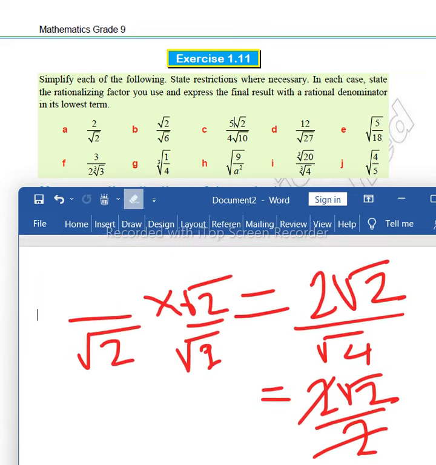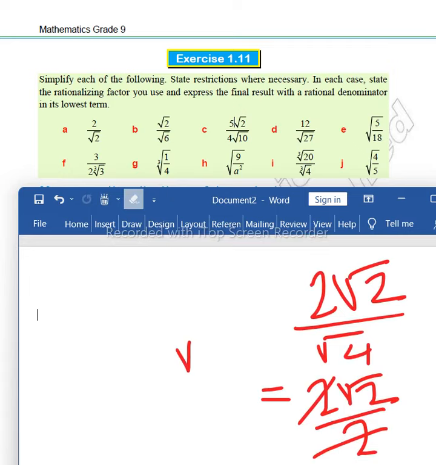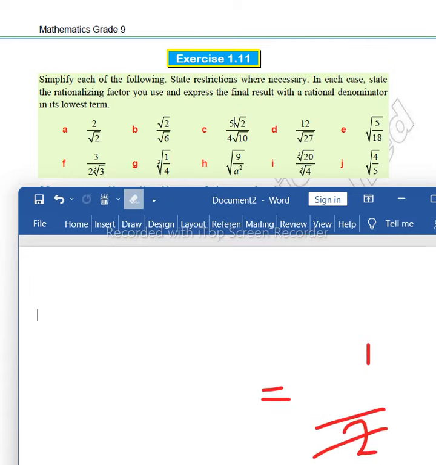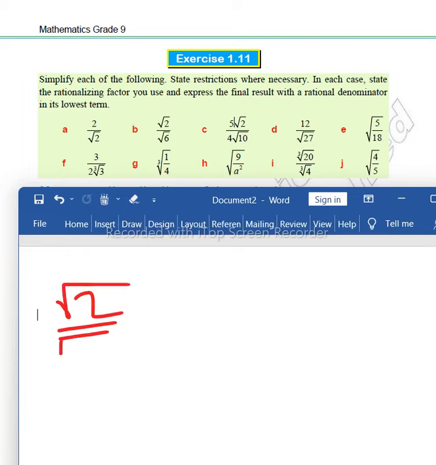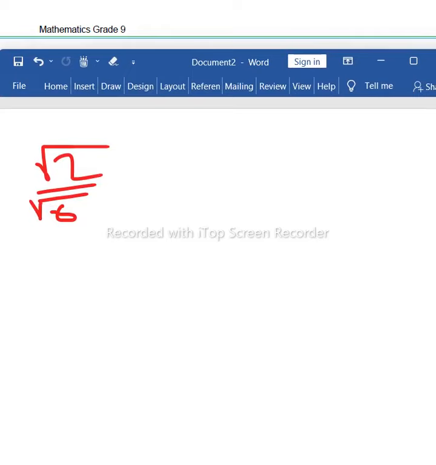Then we will do letter B. Question letter B says square root of 2 over square root of 6. To rationalize this, we have to